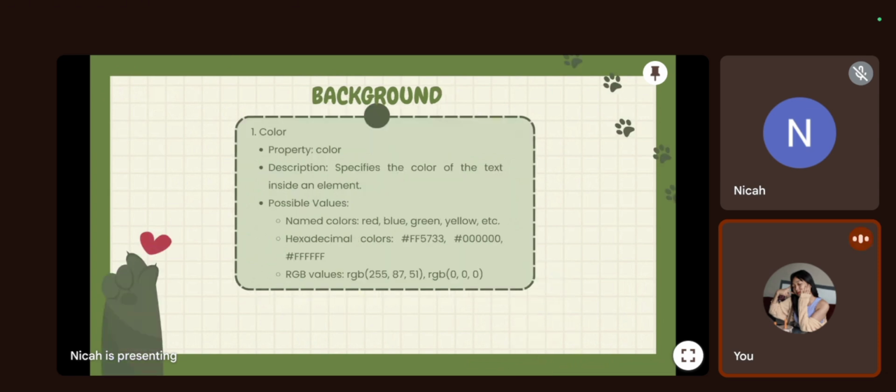So, yung first property natin is color. So, yung description niya is, ginagamit siya para mag-specify ng color ng text inside in an element. So, yung mga possible values niya, kumbaga, tag is red, blue, green, yellow, tapos sa hexadecimal colors naman is hashtag F55, 733 and hashtag 000 and so on and